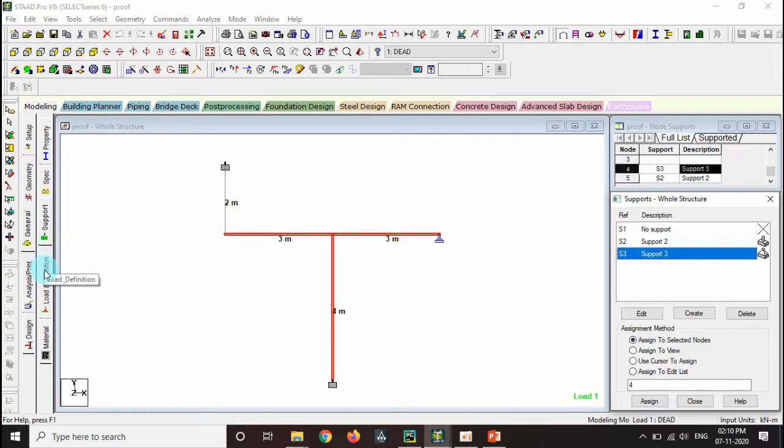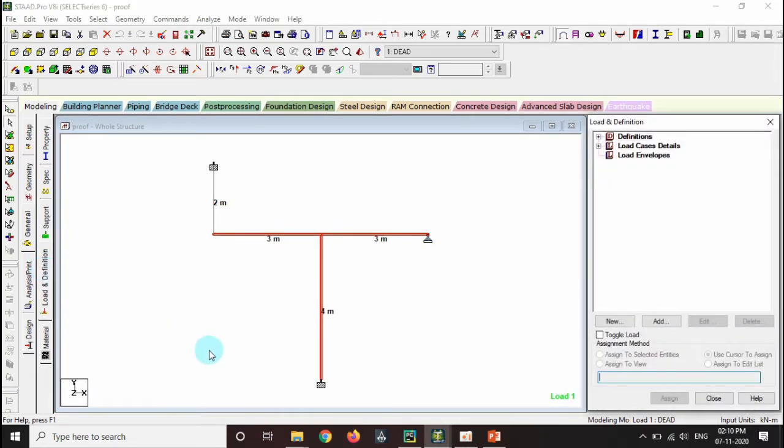And finally we have to give the loads. We have to define the loads as dead loads. We should not give the members any self weight, because even that would be considered as load and it may change the values. So I have given only the load values. This is the uniformly distributed load, which has been given as -4 in the downward direction, and this is the concentrated load of 4 kilonewtons towards the right side.